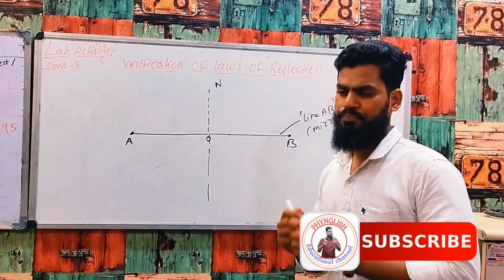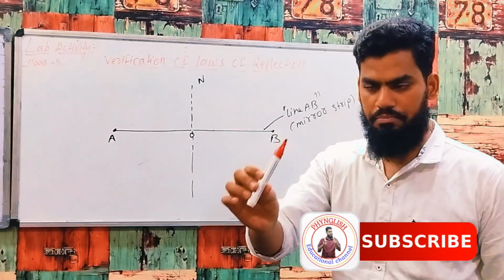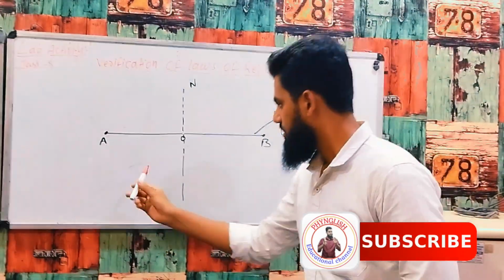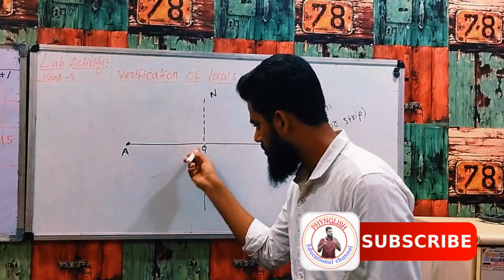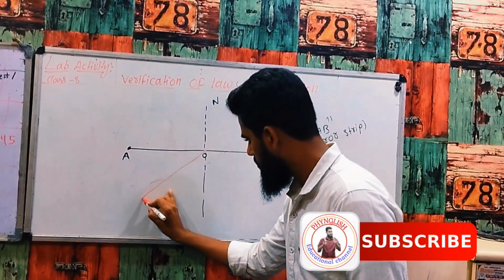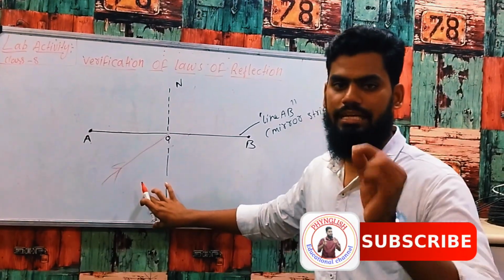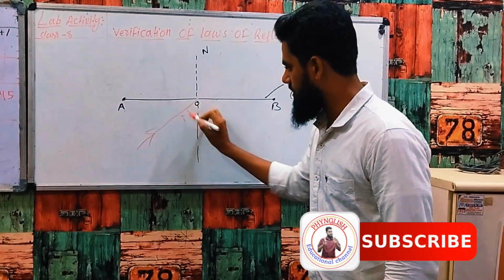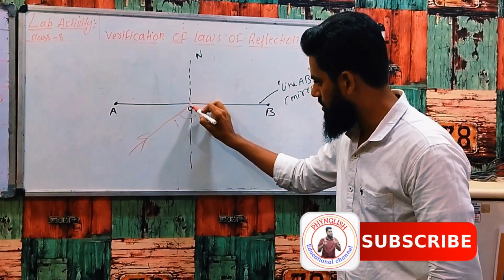Okay, see, first of all we have to draw one light ray. For example, I am having this marker, think that this is one laser light. Okay, so see, this ray is called incidence ray. See, this is angle of incidence. See, this ray will get bounce back, that is reflection.